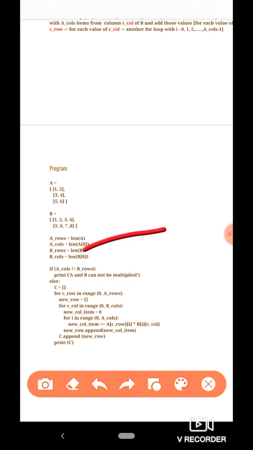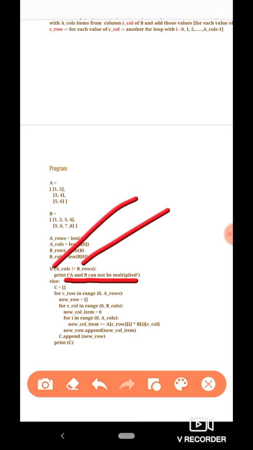Okay, now the condition for multiplication is tested: the number of columns in matrix A must be equal to the number of rows in matrix B. If these two are not equal, we say A and B cannot be multiplied, and if they are equal, then we proceed for multiplication. Now how do we actually obtain the matrix C?